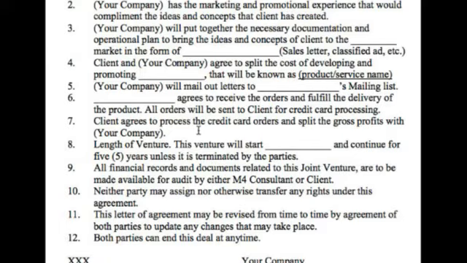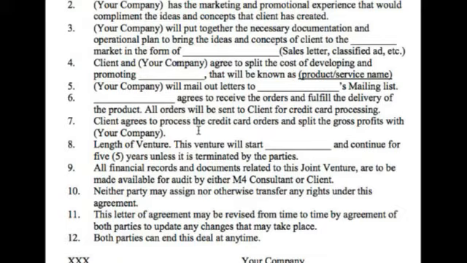Two business people, two business companies, it could be even gigantic, large corporations, create one of these letter agreements, term sheets, good faith agreements, whatever they want to call it, and then they never actually do the real contract. They never get the lawyers involved, or a lawyer, or a template involved. And then this is it. And so if it doesn't go well, no one knows what's supposed to happen because it's inherently vague. This venture is supposed to last for 5 years, but it can end at any time. Well, I don't even know what that means.